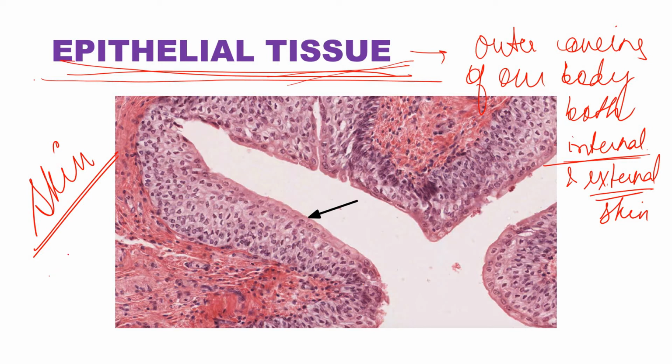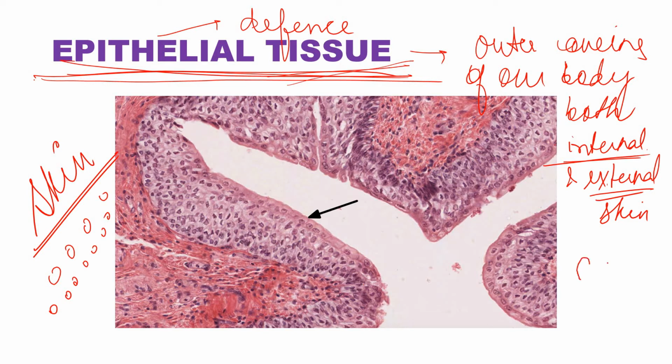Now suppose had there been these large pores in our skin, then we would have been attacked by microorganisms like bacteria, fungi very easily, right? But it doesn't happen because we don't have such large pores in our skin. So this epithelial tissue almost acts like a defense system for our entire body, and these epithelial tissues are present outside our body, which you can see in the form of our skin, and also the outer covering of